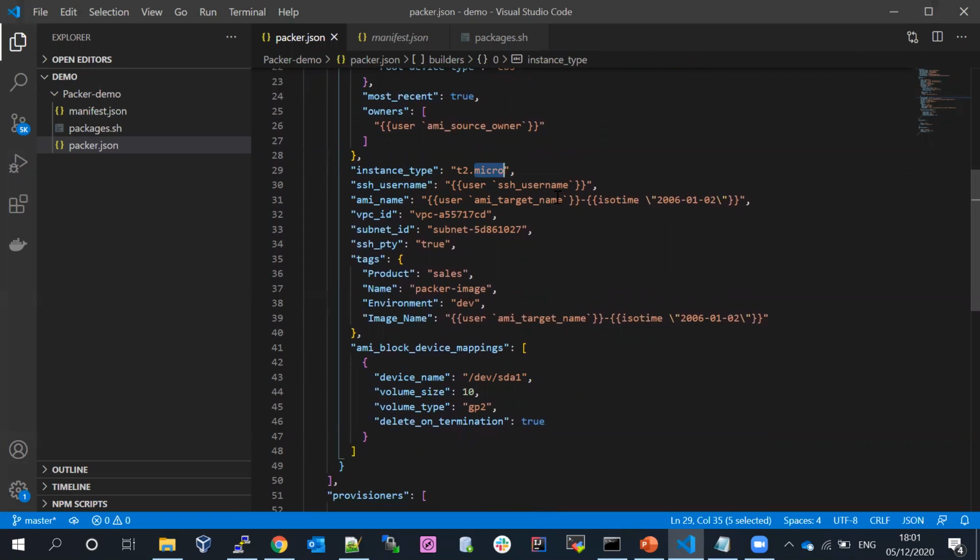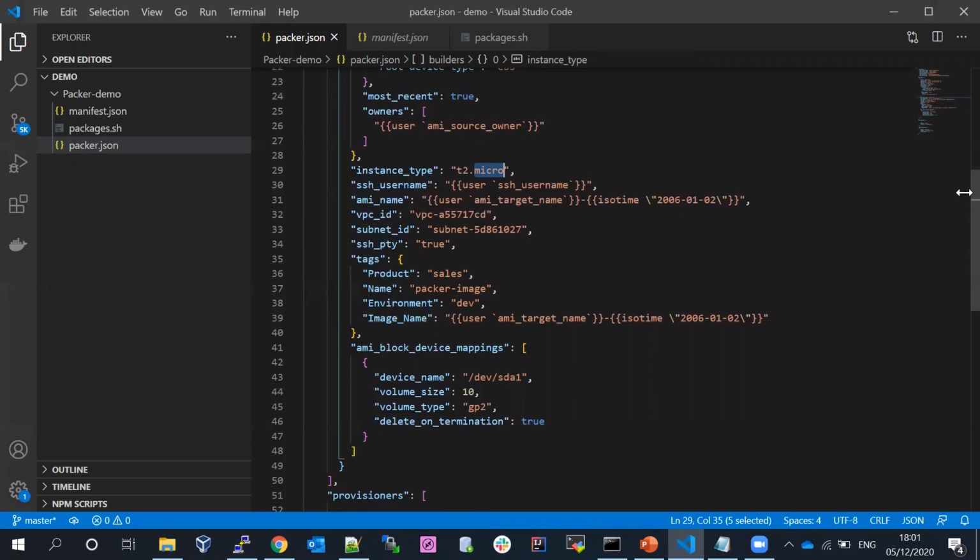So the SSH, these are the fields which you need to fill, and VPC ID, which VPC you want to create it in. Why these details do we have to follow here: VPC ID, subnet, SSH, and these are tags and all the stuff. So basically what will happen is when you build with Packer, it's going to communicate with the AWS console. Based on the region where you want to create it, it will launch the server,